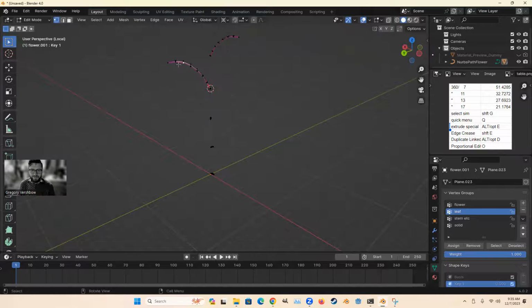Cursor to selected, and we can even get kind of fancy and, whoops, fortunately should be on. We can even get kind of fancy and